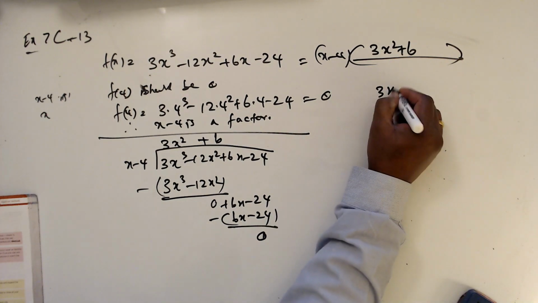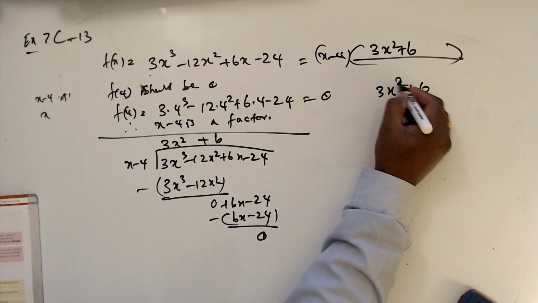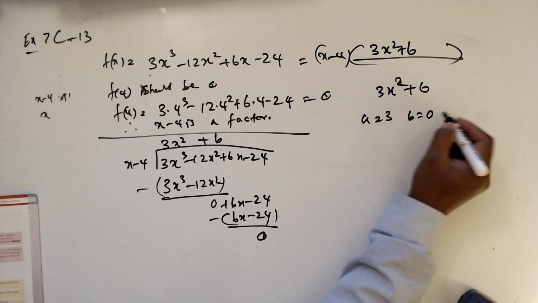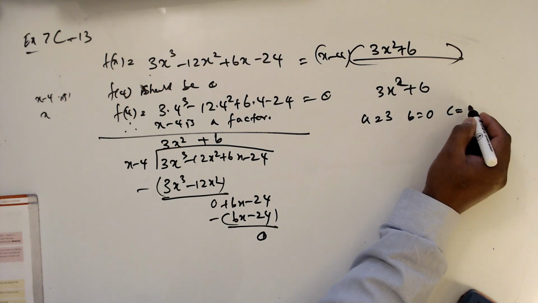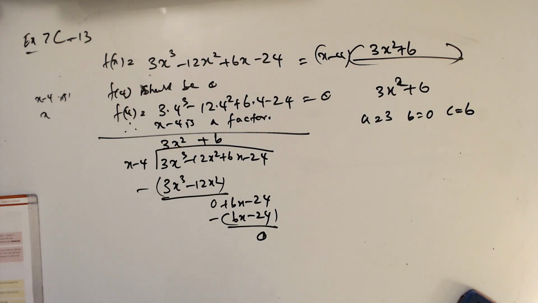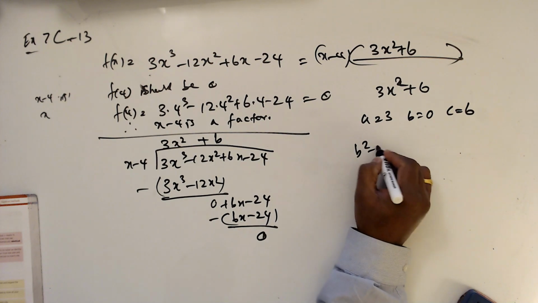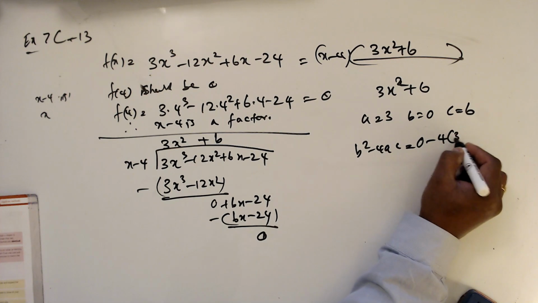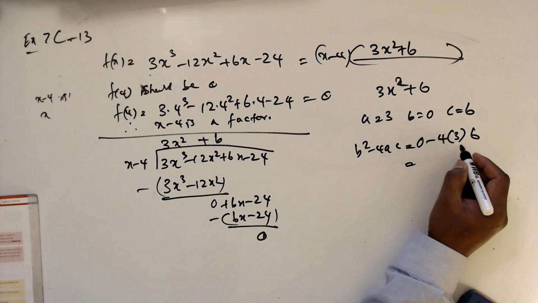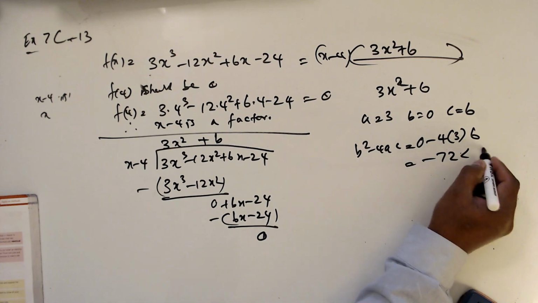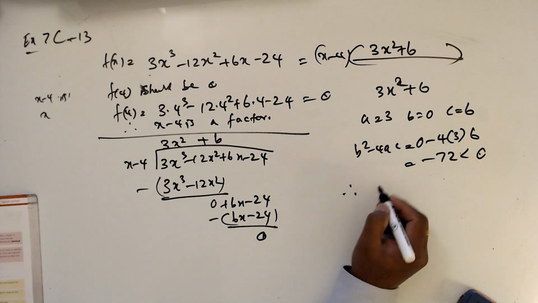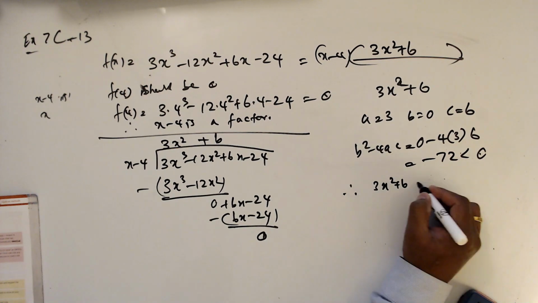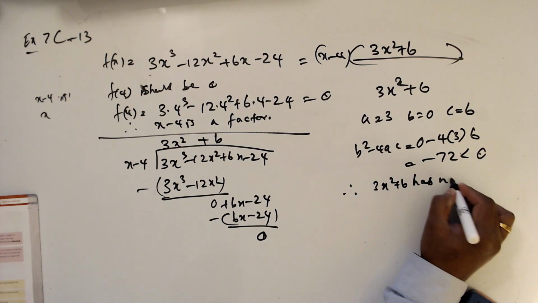Now let's consider 3x² + 6. Here a = 3, b = 0, and c = 6. Now b² − 4ac means 0 − 4 times 3 times 6, which is −72, less than 0. Hence 3x² + 6 has no real roots,